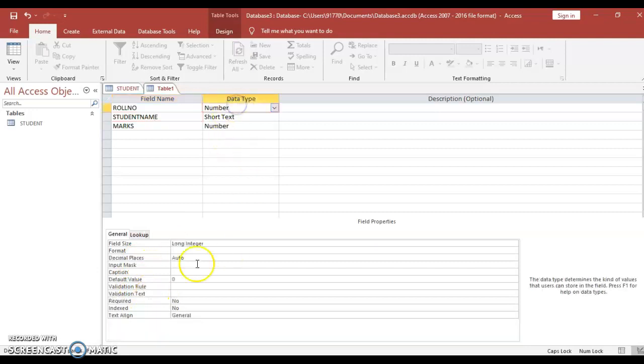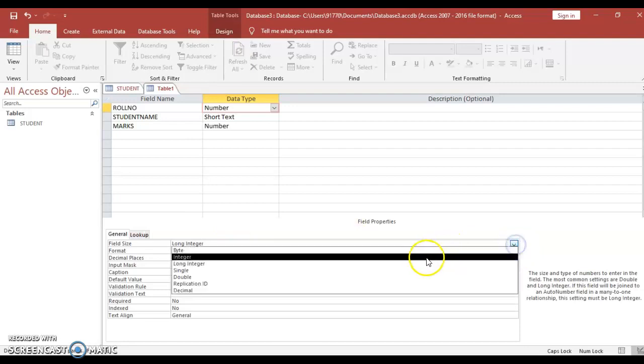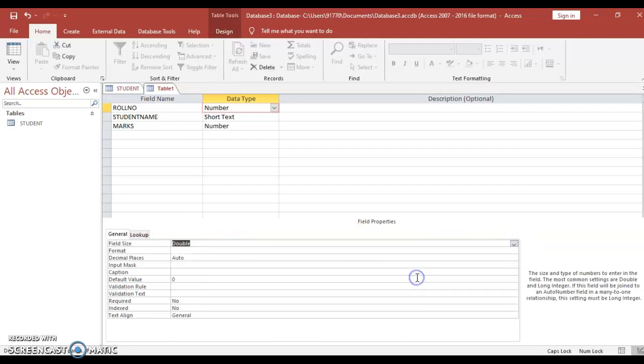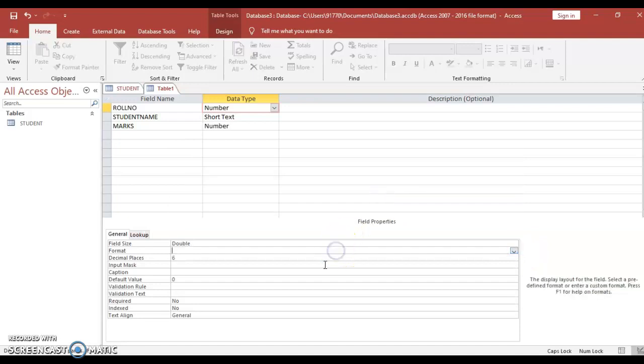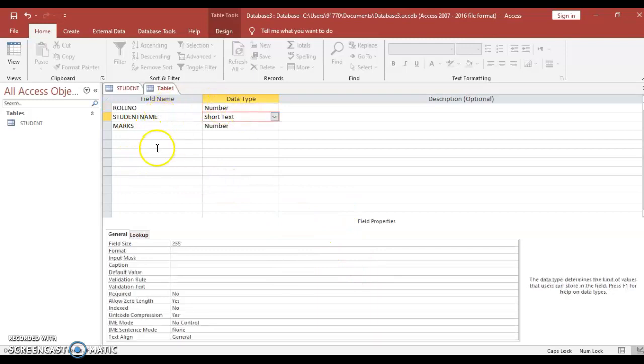Then here also field size is long. If you want to store large number of data, then select double data type. Then decimal places, how many decimal places you are going to there, 4, 5, 6 decimal places. So these are the field properties of this field name and this data type.